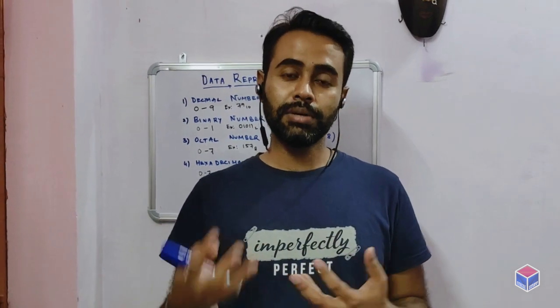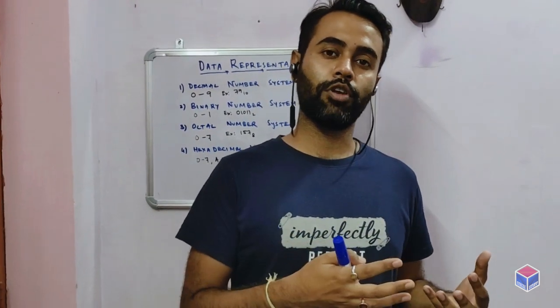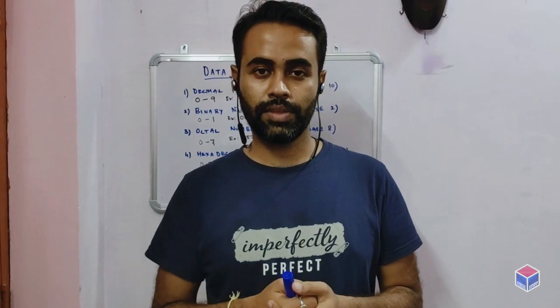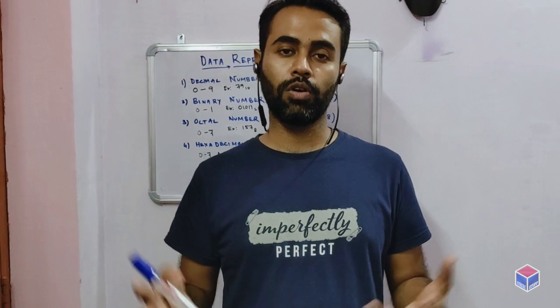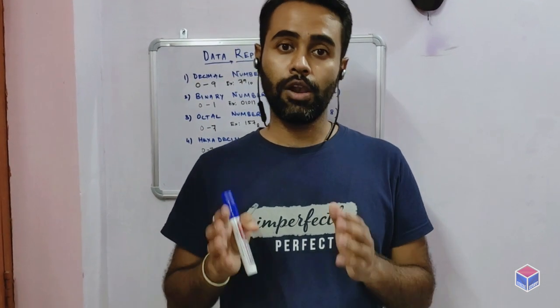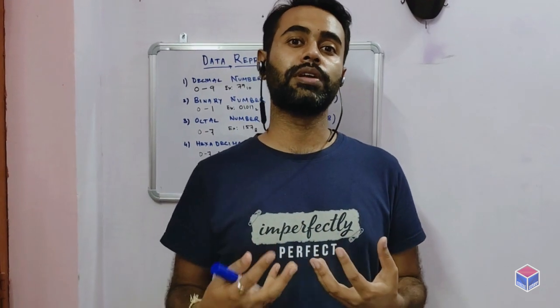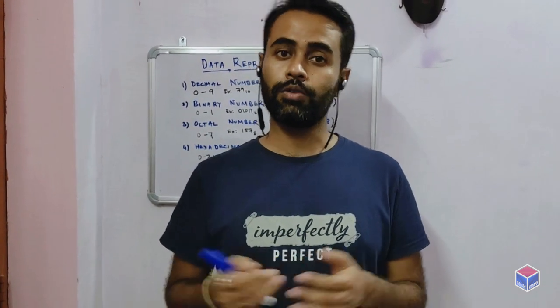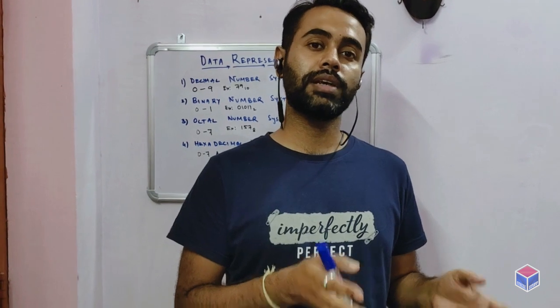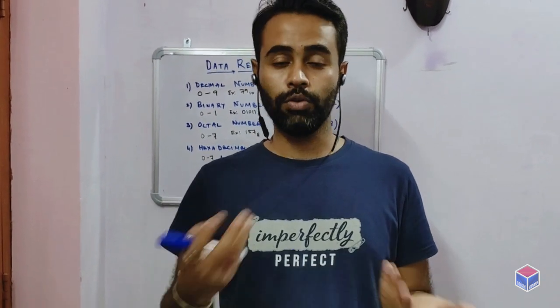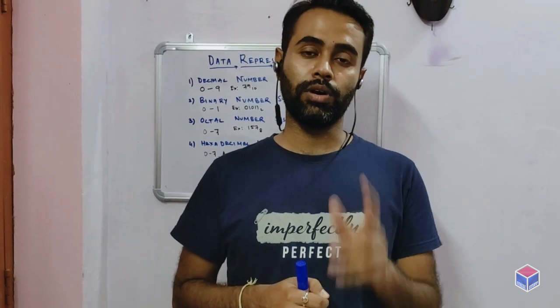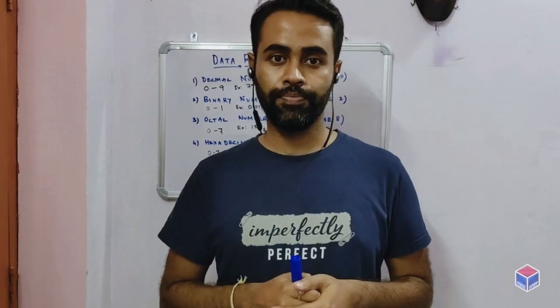So the number systems then developed into different representations, and then the computer generation kicked off and a lot of technological advancement came. Along with it came the numbers, the systems, and the way the computer represented each number. There are human understandable numbers, and those are converted to computer understandable numbers. We know that a computer understands only two values, 0 and 1. That is how data representation started.